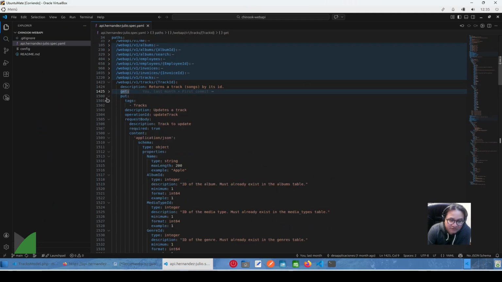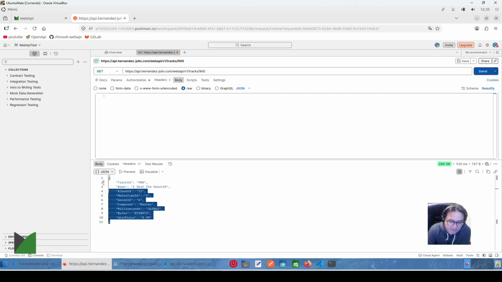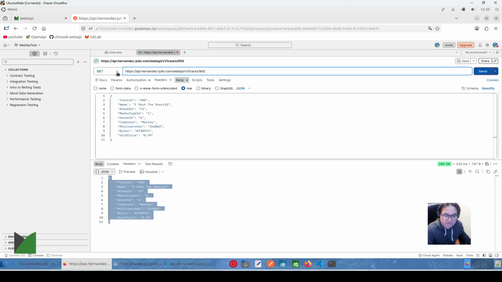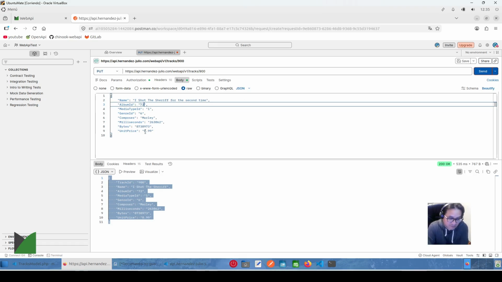And let's try to update a new track. So let's try to update this one. And this is 900. This is a put method, and let's change track ID. Remember the track ID. I don't need this here, so let's change the name to I Shot the Sheriff for the second time. And an album maybe